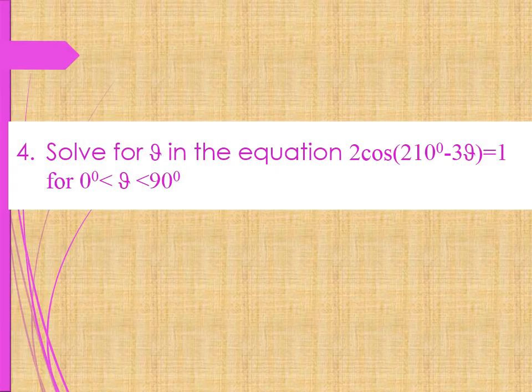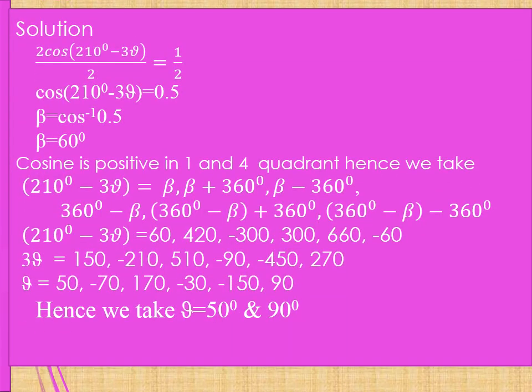Question 4. Solve for theta in the equation 2 cos(210 minus 3 theta) equals 1 for 0 degrees less than theta less than 90 degrees. Solution. We are going to take 2 cos(210 minus 3 theta). We divide by 2 to eliminate the 2 on the left hand side, this equals 1 over